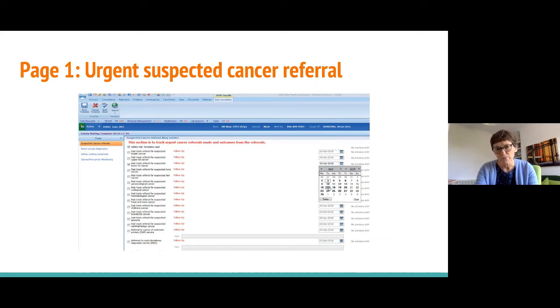Probably the first part is the most familiar, that people will probably already have some system in place in their practices for tracking 2-week waits. And sometimes you might want to do an overlap with your current system and the new system until you've got this fully embedded. But this first page, so if you look down the left-hand side of the screen, you'll see